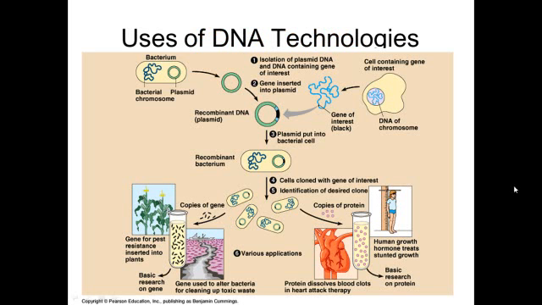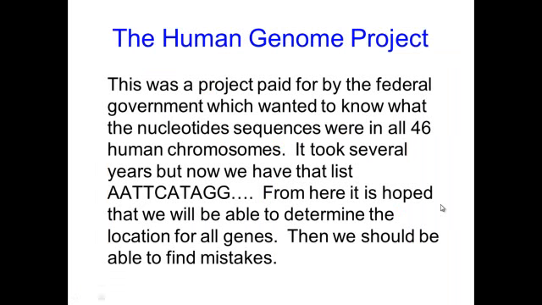Now, here are some of the things that we currently do with DNA, some of the uses of the technology. It's awesome. We have genes for pest resistance inserted in the plants, so pests won't eat the plants. You can have genes that clean up oil spills, and so bacteria cleaning up oil spills. We've got bacteria that are producing genes for being able to dissolve blood clots, so if you have a heart attack, you don't die. Growth hormone, many, many, many others.